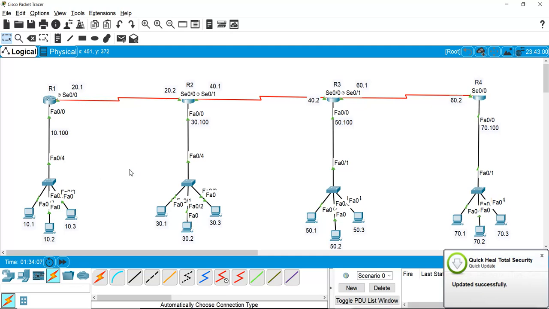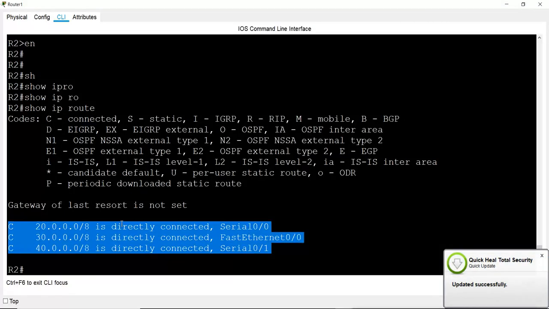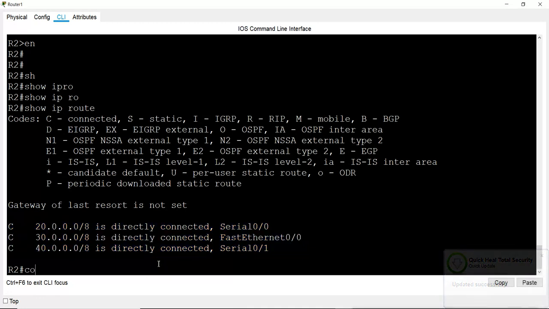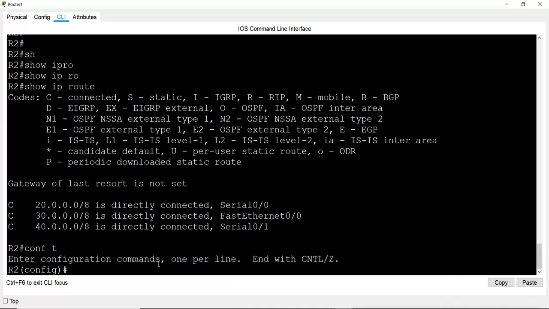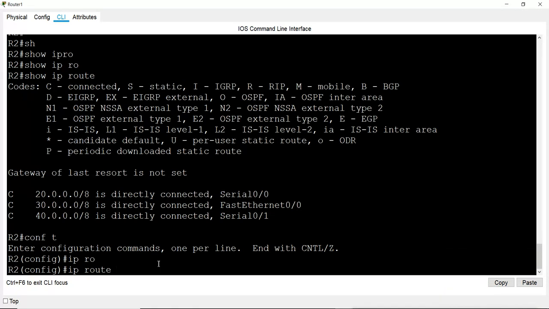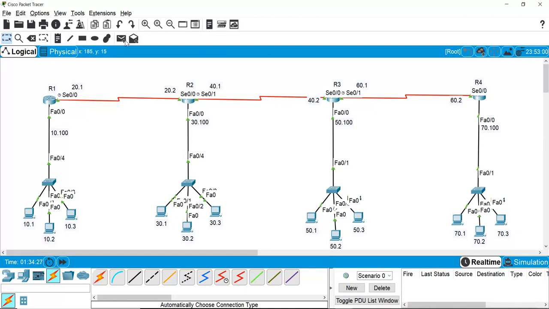So we have to mention it on every router. We'll go to configure mode, ip route. What it does not know is 10, so we will mention 10 with the default subnet mask. Now we are sitting on router 2 and we want to go to this network, so we can go from this interface, from this side.